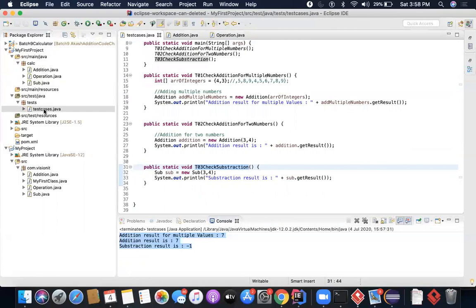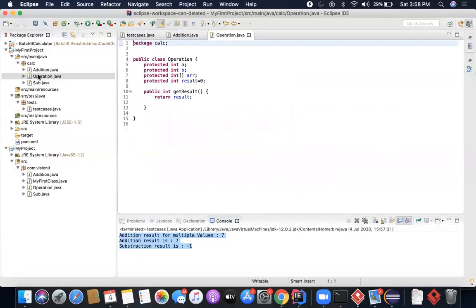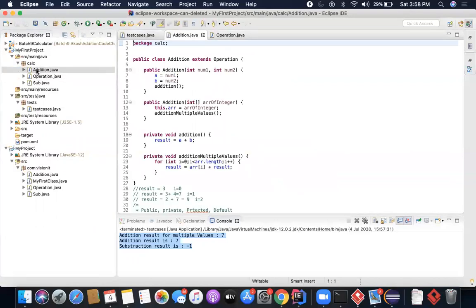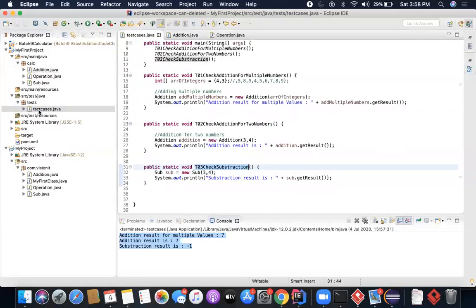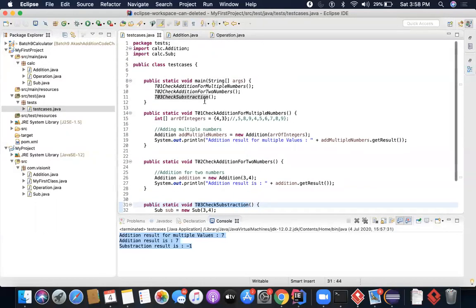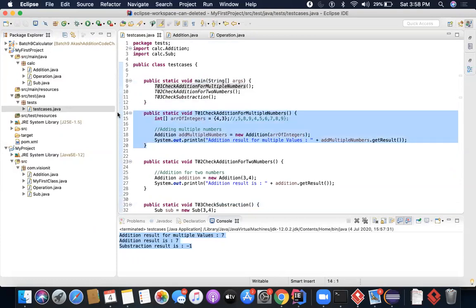Your primary responsibility when you go to a company will be test cases. You will not be writing the development code. But as a part of our training procedure, you are writing the development code as well, because we are training you for testing. So I am telling you the test code also. If you want to write the test code, this is how you're going to write the test cases in the form of methods.